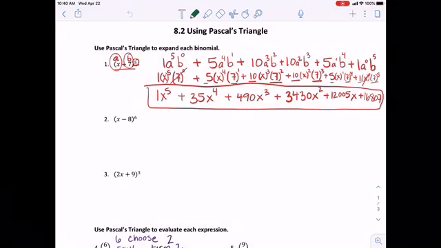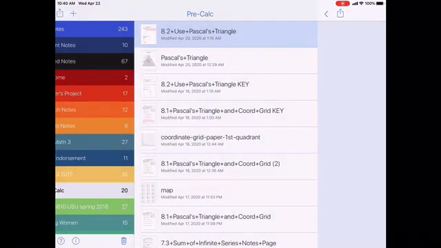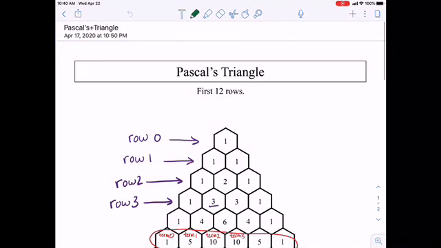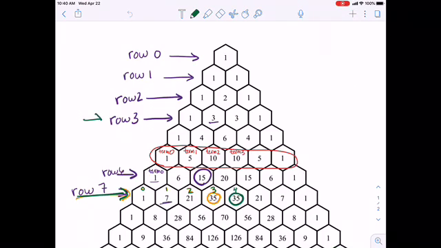Alright, today we're looking at assignment 8.2 using Pascal's triangle, and we're going to look at problem 3 because someone asked me about that one. So we have (2x + 9) to the third power. Now notice that it is the third power we're using, which means we want the third row of Pascal's triangle. So if I look at Pascal's triangle, here's the third row, and I notice the numbers are 1, 3, 3,